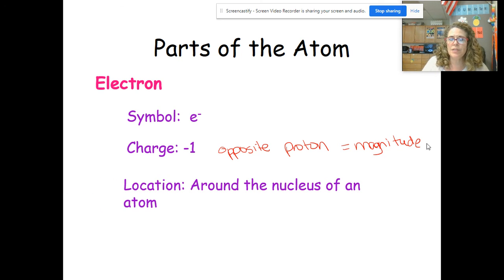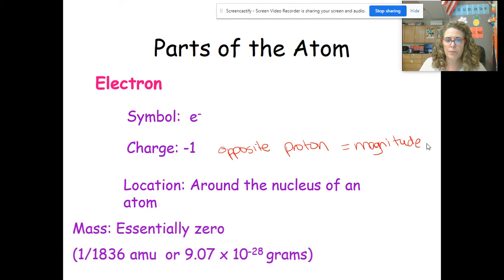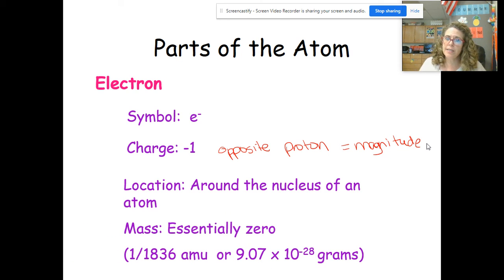It's located outside the nucleus, and the mass is essentially 0, or 1/1836, or 9.07 times 10 to the -28. So very small, we essentially say it's 0. So here is the electron, which on Table O is sometimes listed as the beta particle. The mass is the